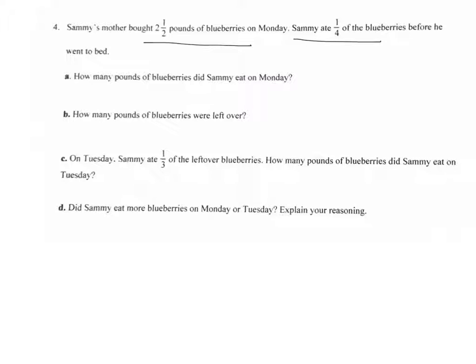So the way I see this is that I would think that I have 2.5 times 1/4, because if you're multiplying by 1/4, that is the same thing as dividing it into 4 sections. But remember we talked about that when we multiply fractions by changing them to improper, just because it makes it easier. If not, you have to break it down into 2 times 1/4 and then 1/4 times 1/2. So we would do 2 times 2 right here, which makes 4, plus that 1 makes 5. So we have 5/2 times 1/4, which would give me 5/8. So he ate 5/8